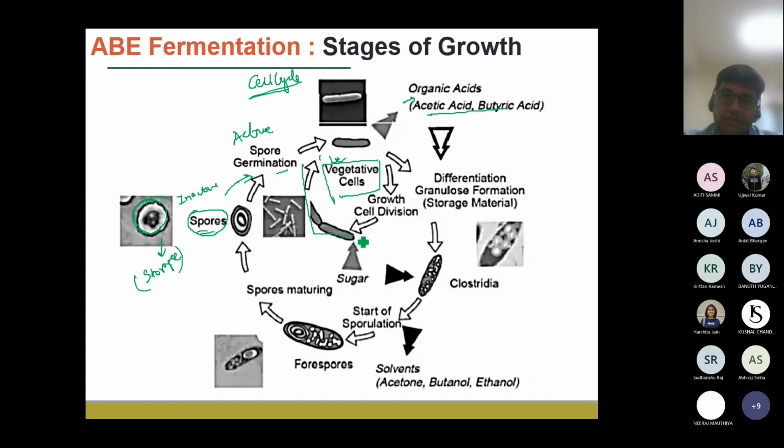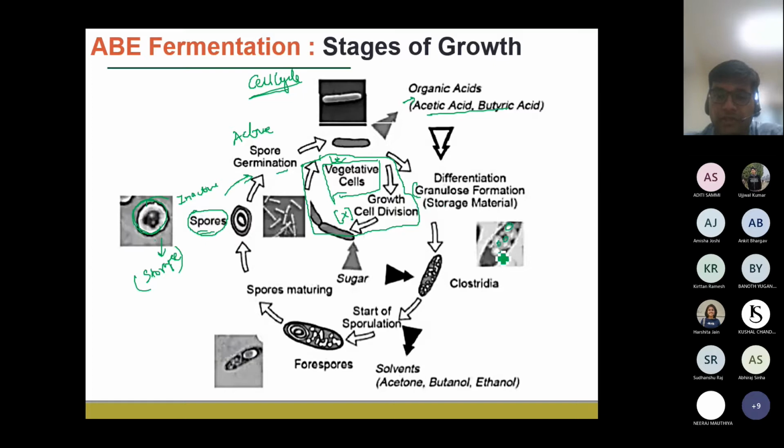Okay, so during this stage, cell growth and cell division actually take place. What is happening in this case is that the overall biomass concentration is increasing with time. Once enough biomass concentration is there, then what will happen? It starts to store the storage material, or the carbon sources,